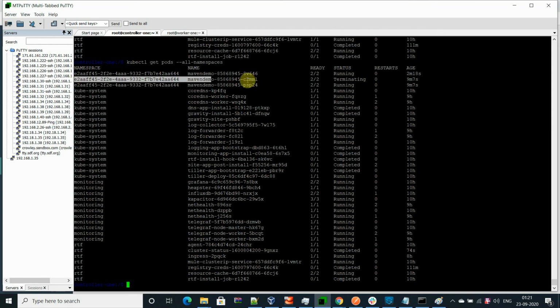I hope you are able to see that this is being terminated, right? Because this was on the 38 server and the 38 server is out of network. So the controller is taking care of it: it has the record of this pod, and it will be deleted from the server once it is available. Instead of that server, this pod is being created on available resources, that server 35.